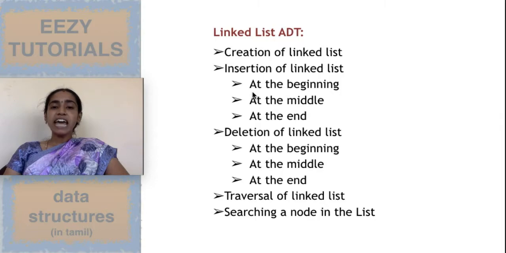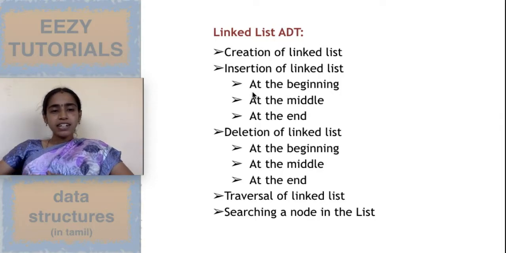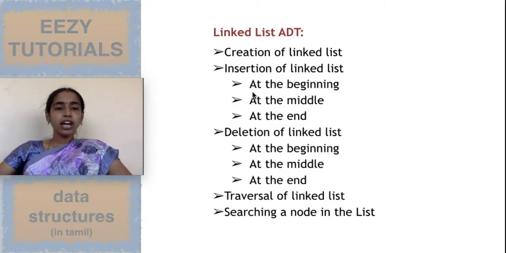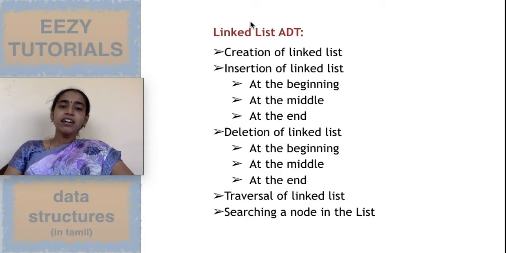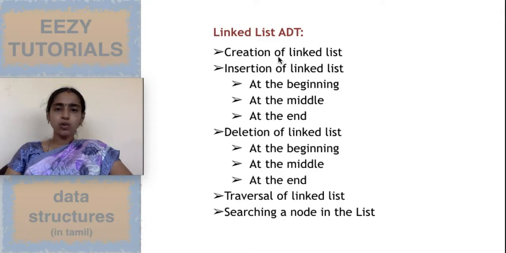Now we will see what is the ADT of a linked list. Already we have seen what is ADT. ADT means the set of operations which you are able to do with the data structure. For example, in mathematics, algebra, numbers are my data. So what are the ADT of that data structure? Addition, subtraction, multiplication, division. These are the set of operations you can do with that. Same way, in the linear linked list, the set of operations you can do are creation, insertion, deletion, traversal, searching. Creation means freshly you are creating a new linked list.